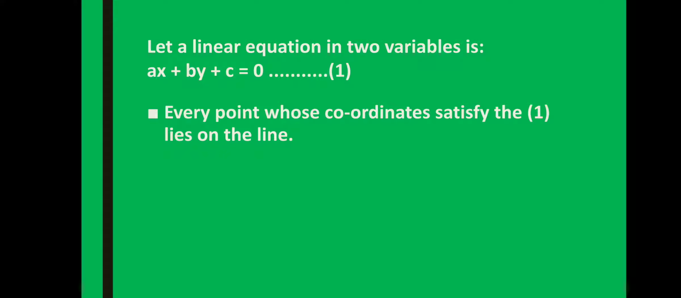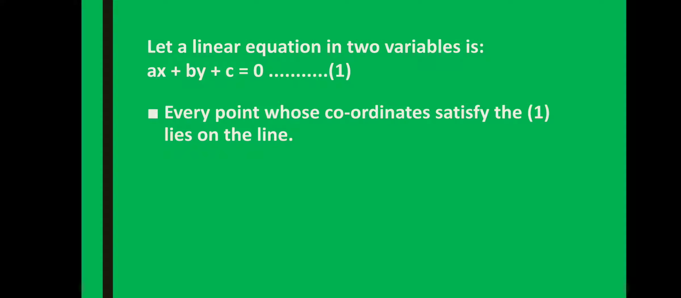lies on the line. That means a point is represented by its two coordinates, the x coordinate and the y coordinate. One is called the ordinate, the other is called the abscissa. So that point represents the solution of this linear equation. That means every solution of this linear equation can be represented as a